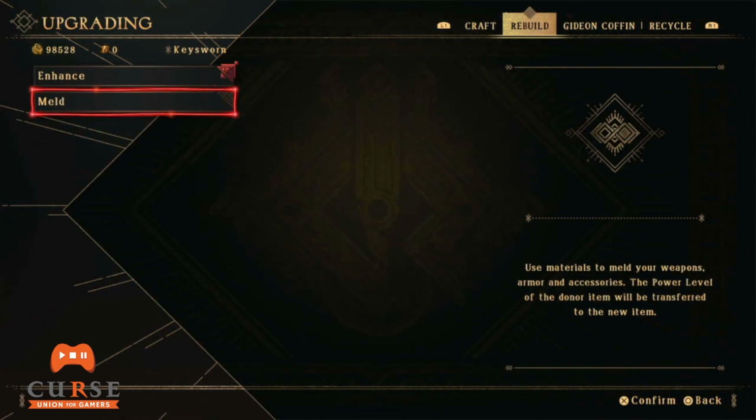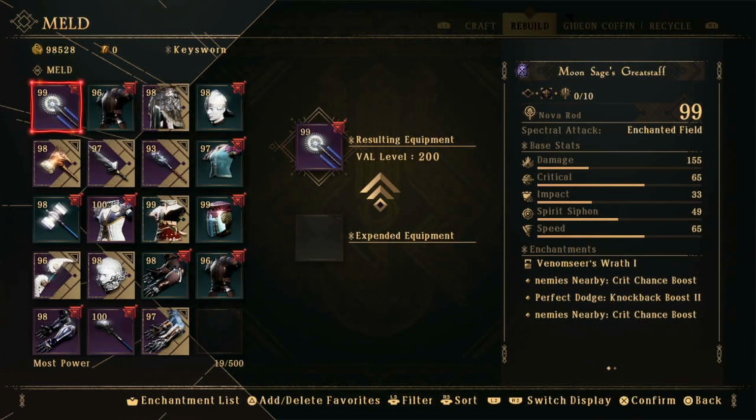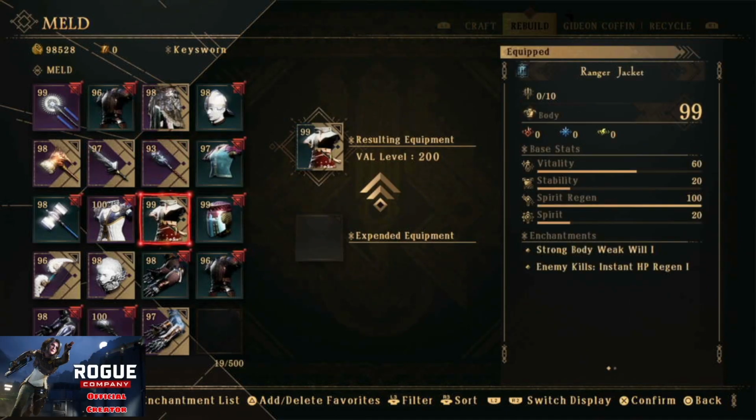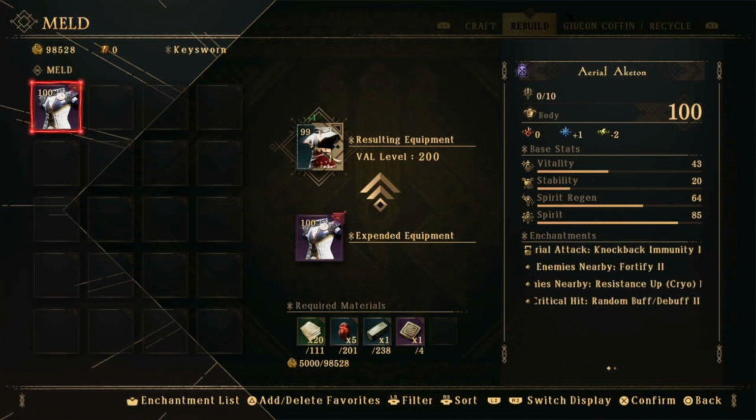You can meld your current items. Now this is a very interesting mechanic that they added here in Babylon's Fall, and I do like this one. So I'm going to give you guys an example here when it comes to melding. As you guys can see, I got a level 99 chest piece here, right? It gives me an aerial attack knockback immunity, fortified 2 for enemies nearby, resistance up, and critical hit buffs, random